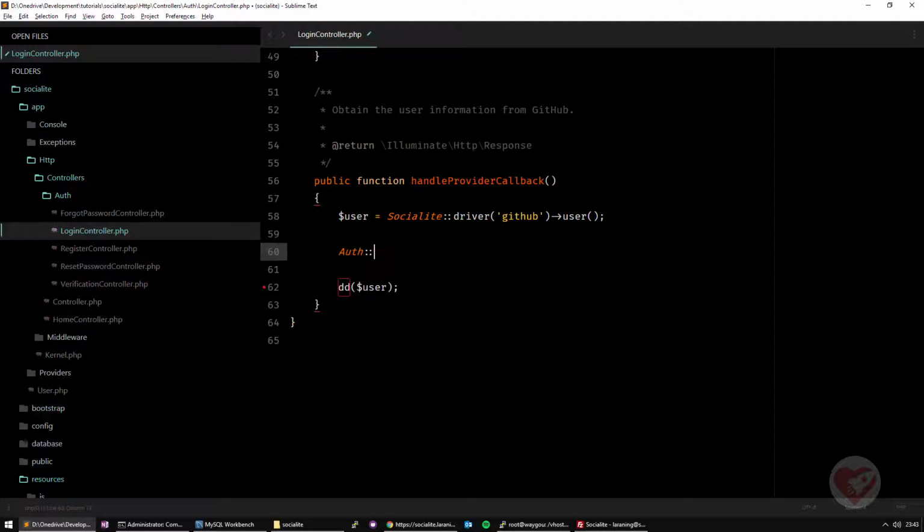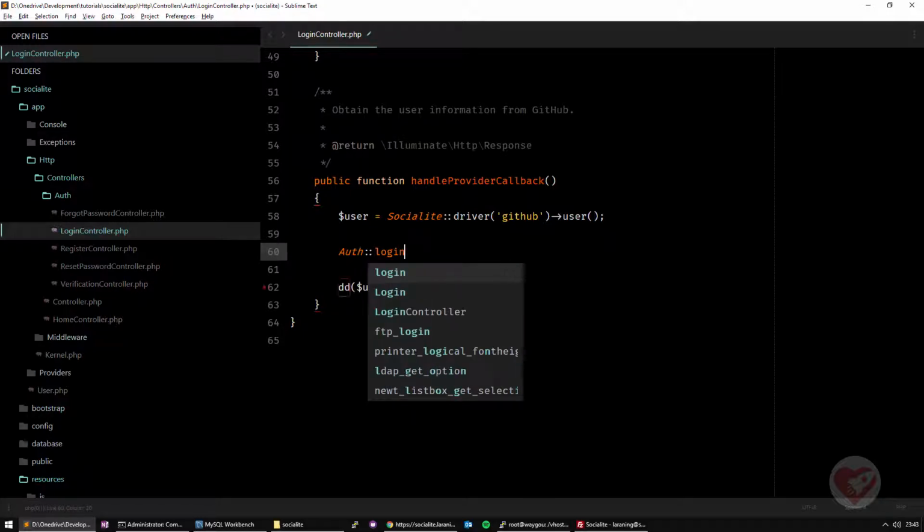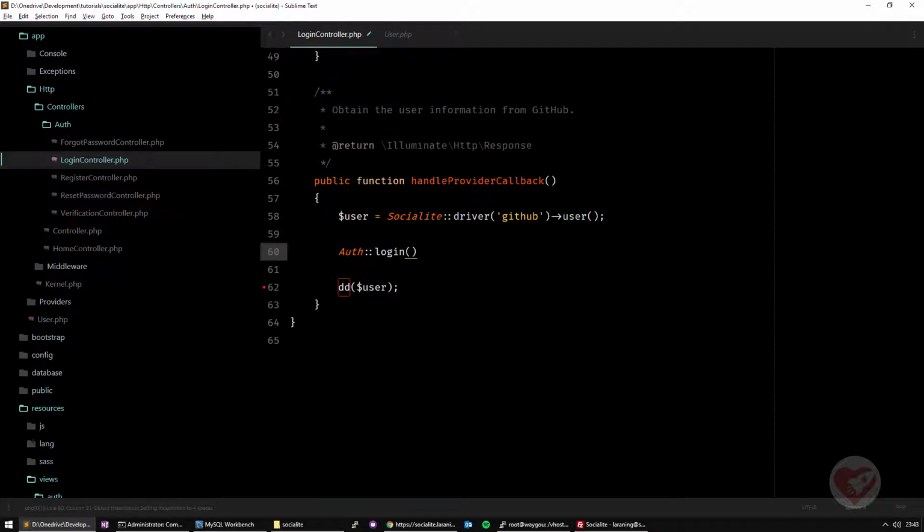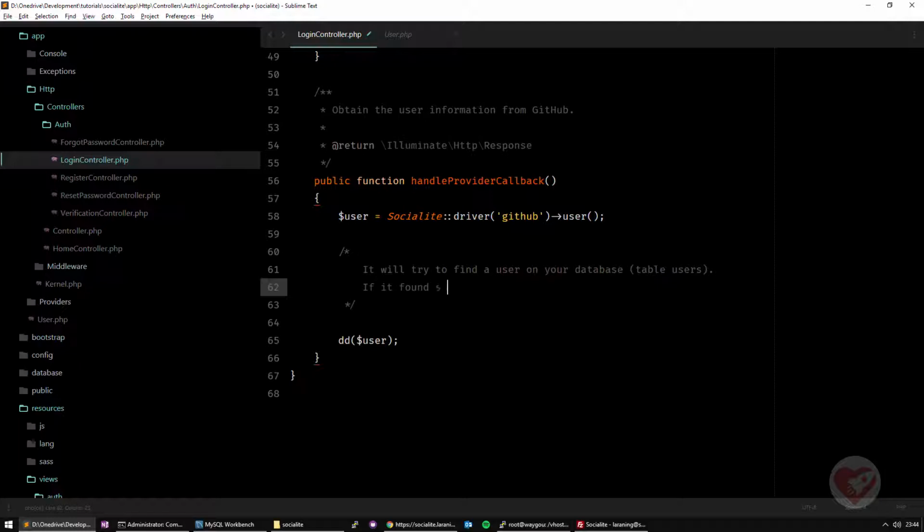So you should actually be able to create auth and then log in and somehow pass here a user model, in this case the user model that we have normally here on the app user, okay? And this is what we are going to do. So what we are going to do here is a piece of code that actually will just do something like this. So it will try to find a user on your database, in this case table users, okay, as we know. And if it finds one, it